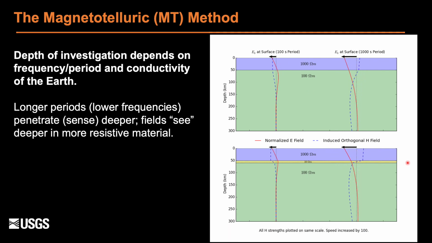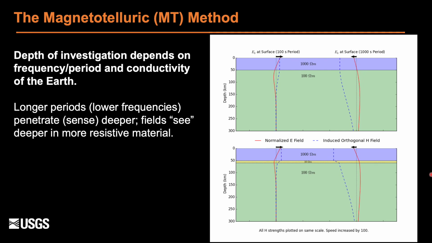First, you can see that the fields attenuate significantly through this conductive layer compared to the other less conductive units in the hypothetical Earth here. This is most evident in looking at the dashed blue curve for the H field. You can see in the upper boundary of this conductive layer that the distribution of the magnetic field changes significantly, whereas the change is much more subtle at the lower boundary of this highly conductive layer. Again, this reflects the fact that we are more sensitive to the tops of conductors than we are to the